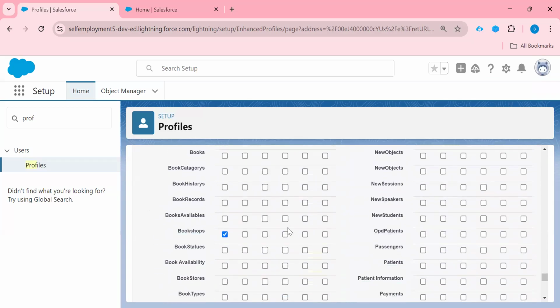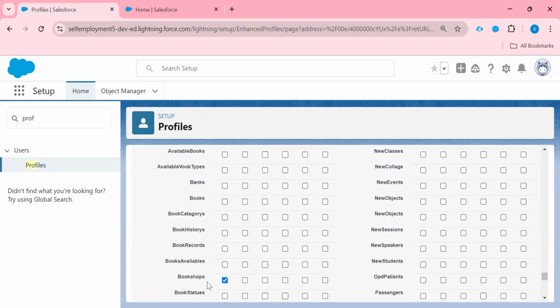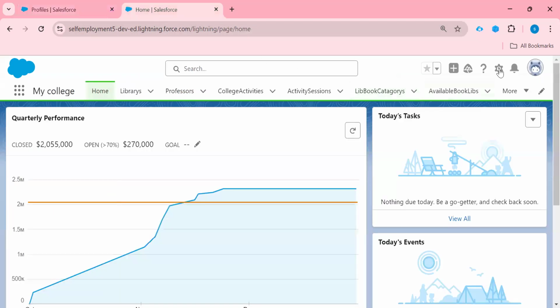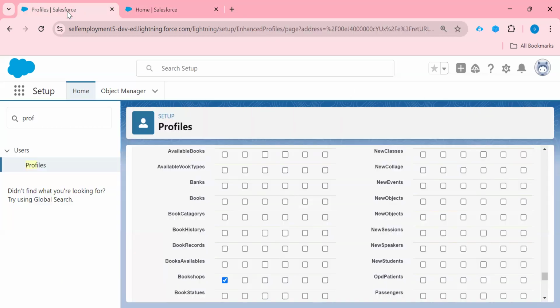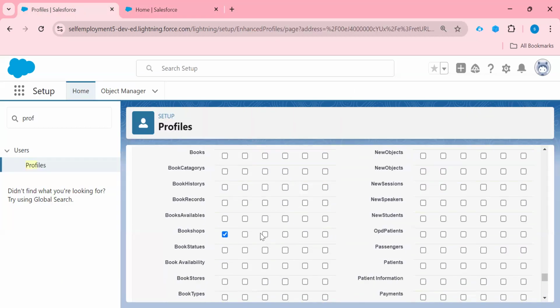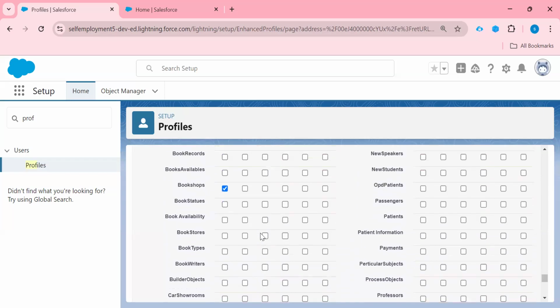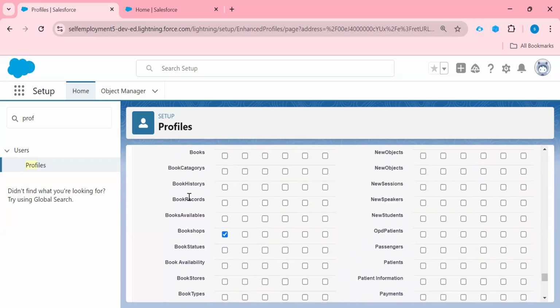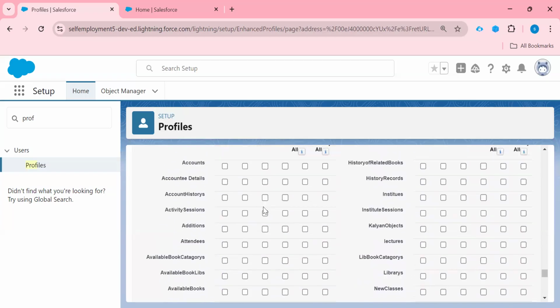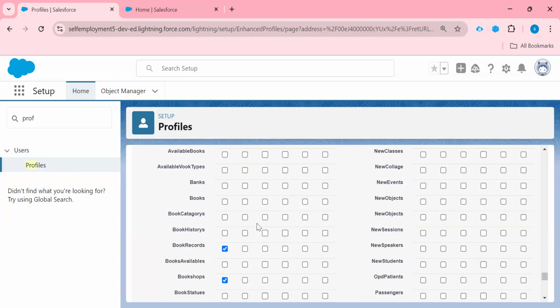So I will show you one by one. I'm giving this bookshop read access. Another object is book records. Book records, right? I'm giving this object read permission and create permission.